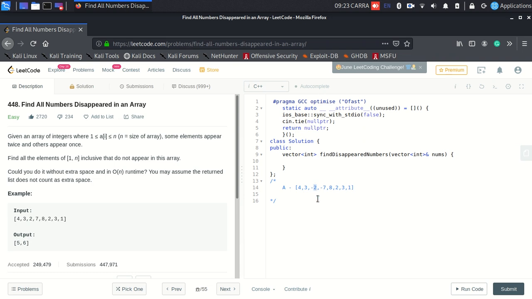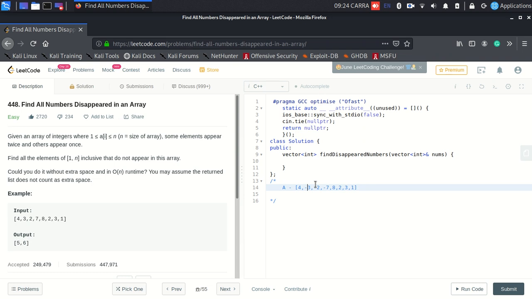Now what do I do? Now for an index, I would always consider its absolute value. It was previously 2, that's why it has become -2 now, correct? So since it was previously 2, I'll go and mark my second index in the original array as negative. I'll treat it just like a normal index, because -2 is not an index, but since it has been given a minus, that means it has been traversed by some number earlier also. It has been flagged by some number earlier also.